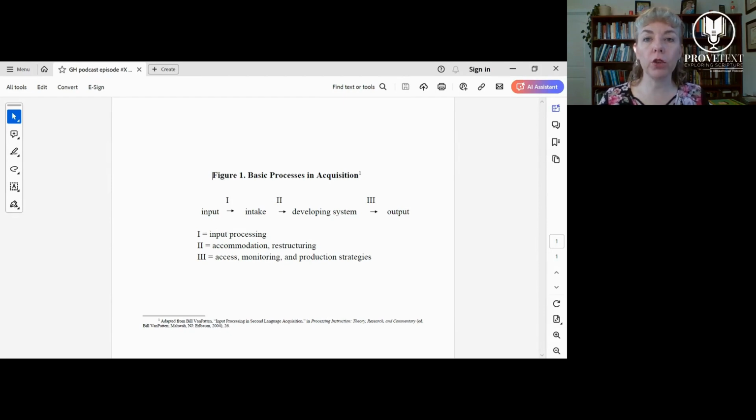producing output. You need to be able to access in your memory, in your developing system, in that otherwise black box that we can't directly observe, the language pieces that you have actually learned and committed to memory. And so with that, we're going to look more specifically at access, what it is, how it works, and then what we can do to promote access and make access a little bit easier for students of language who are